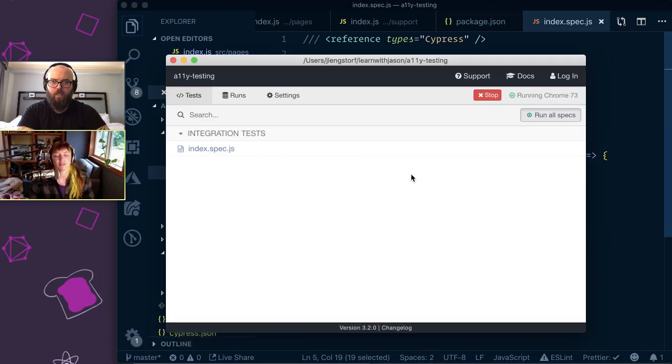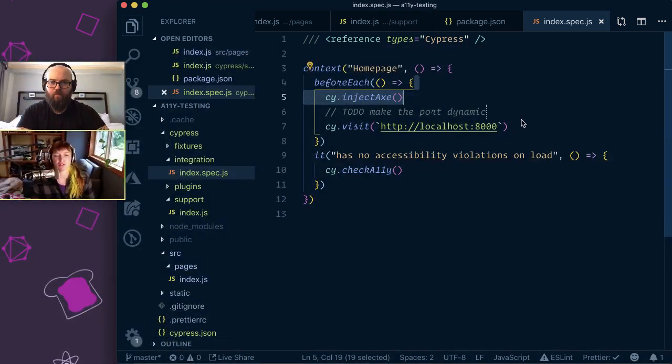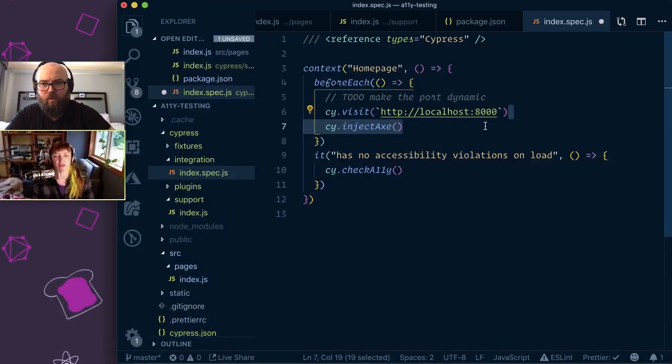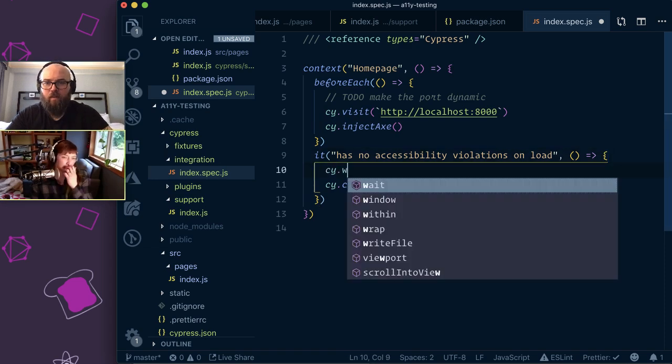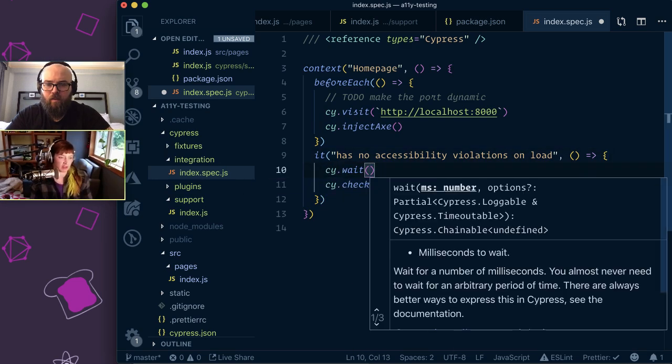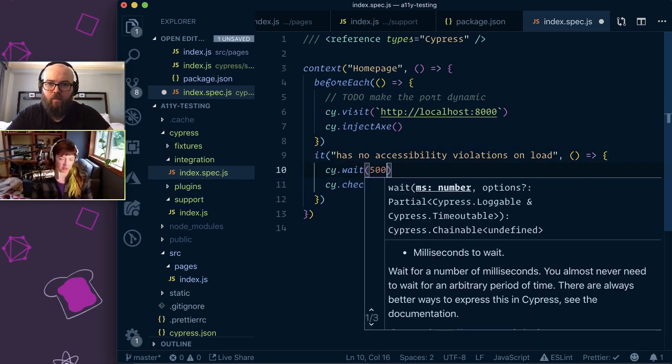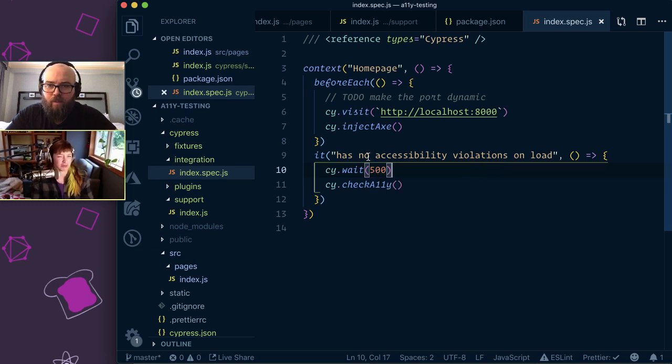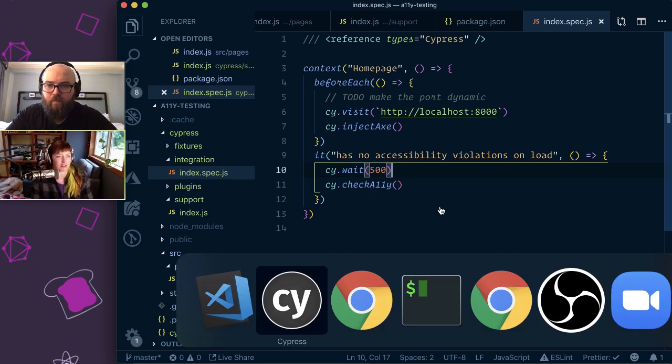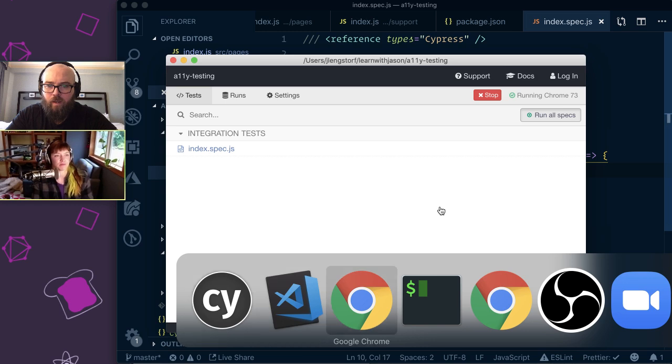Do we have to inject Axe? I think you have to visit the page first, because that's what's going to open the browser to the page that we need, and then it's going to inject it. Okay. I think that could be a takeaway to go file an issue on cypress-axe just to make sure, because there shouldn't really be a difference between develop and build. All right, I'm gonna have it wait